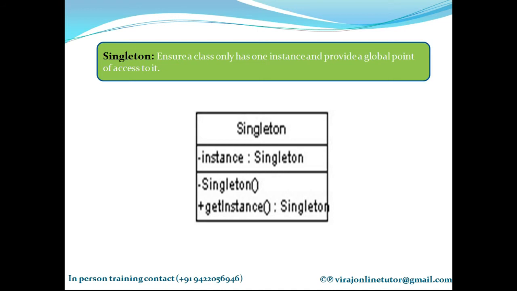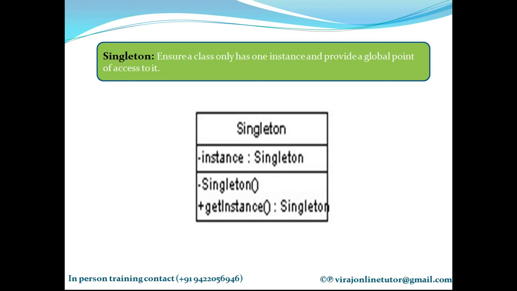Okay. So when to use the singleton pattern? Use the singleton pattern when there must be exactly one instance of a class and it must be accessible to the clients from a well-known access point. Please remember that it is not only about creating only one object, but it must be accessible to the clients from a well-known access point. And you have a class whose objects are intended to be used as read-only. So if you want to create an object which has to be used as read-only, then singleton is the answer for you.